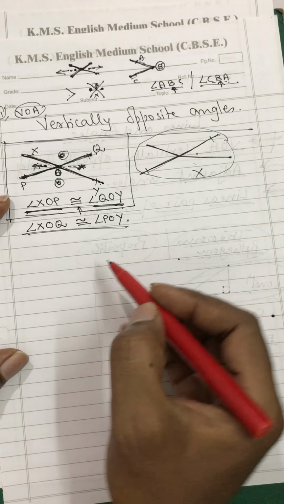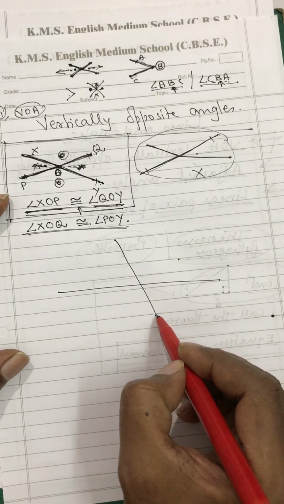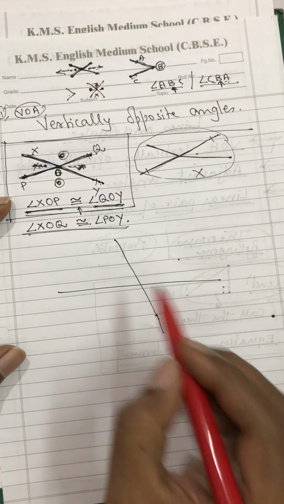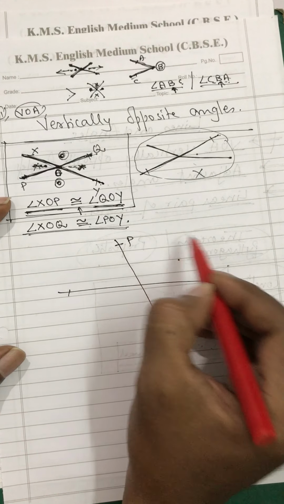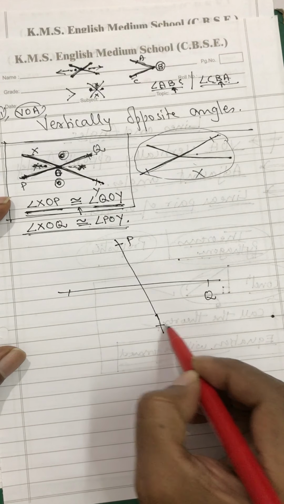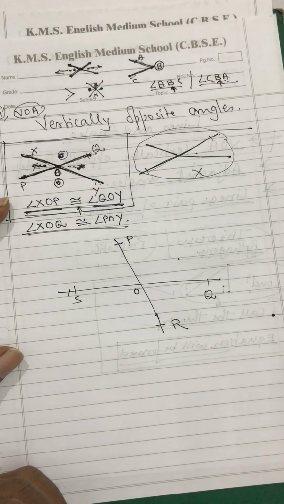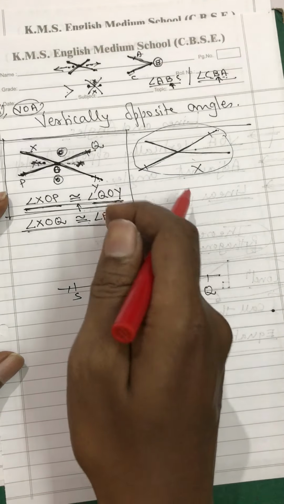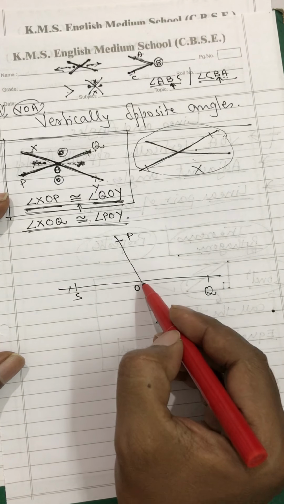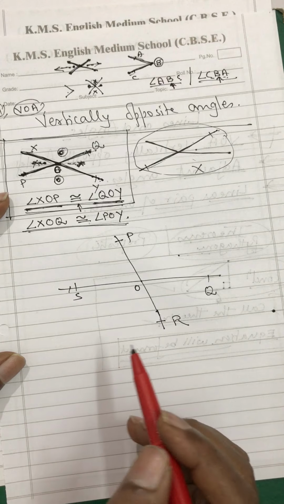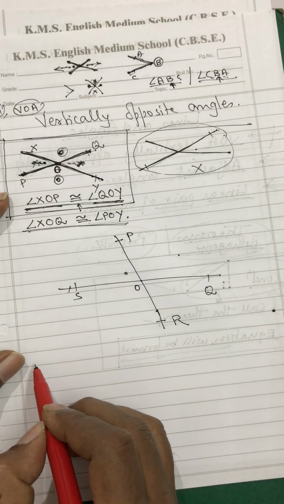If you want, we can take one more example, but of course the orientation is not going to make a big difference. See here, supposing I say this is P, Q, R, S, this is O. So in this case, vertically opposite, of course again they have told PR is a straight line, SQ is a straight line intersecting at point O. Then again we will have this angle, angle POS will be congruent to which angle? You'll have to tell over here.